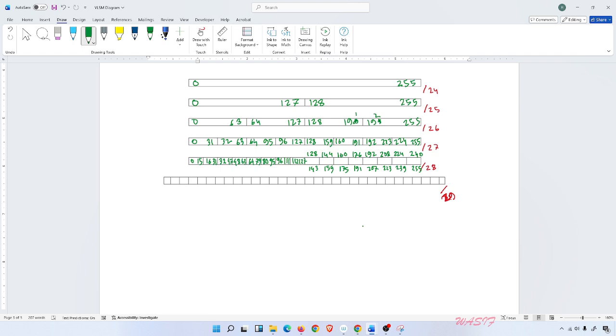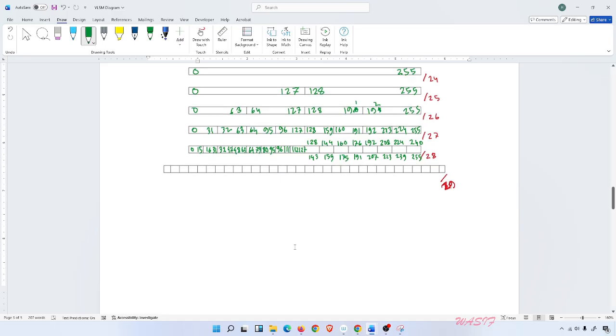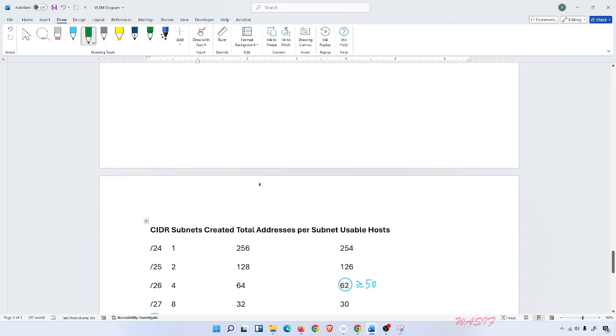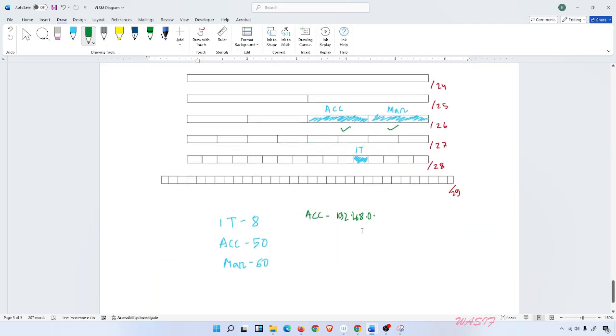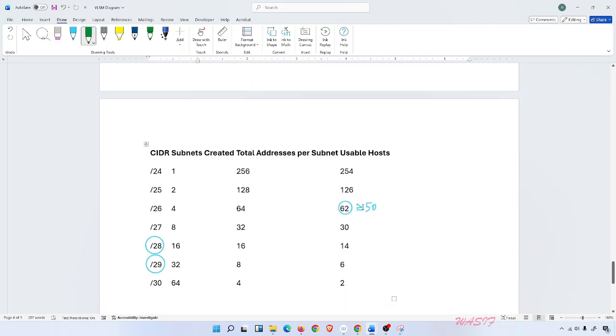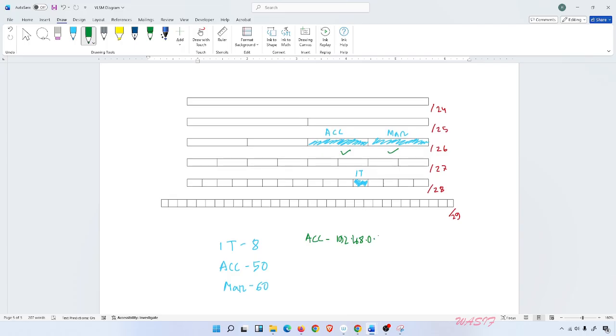The formula is the broadcast address will always be an odd number. If you see the broadcast address is an even number, that means there is a mistake somewhere. So this is 191, this is 192. Based on this, if I write 192.168.0.128 to 192.168.0.191. For the marketing department, it is